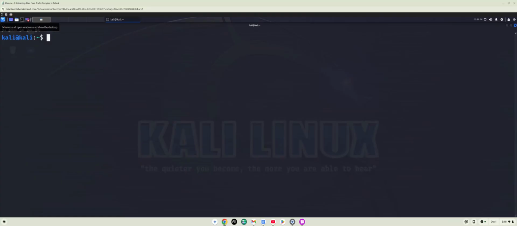In this episode, we're going to be working with TShark again, but similarly to what I did in another episode where I went over how to extract files from a Wireshark packet capture, we're also going to do that here with TShark. All right, so to get started, we need to switch to the directory where the pcap